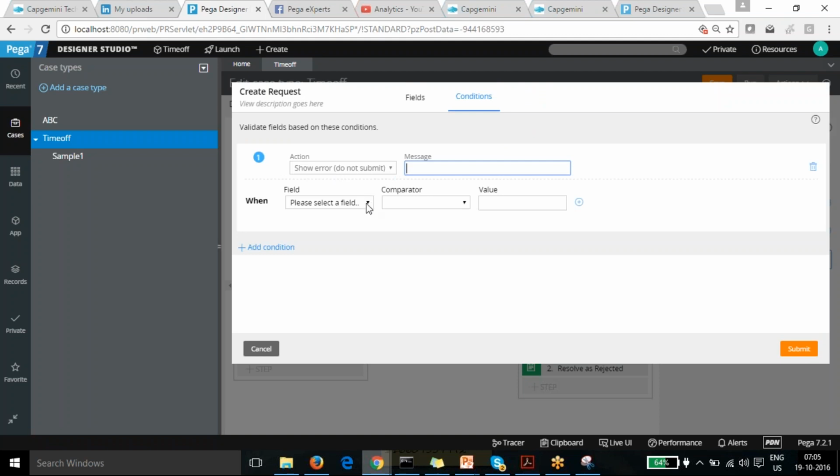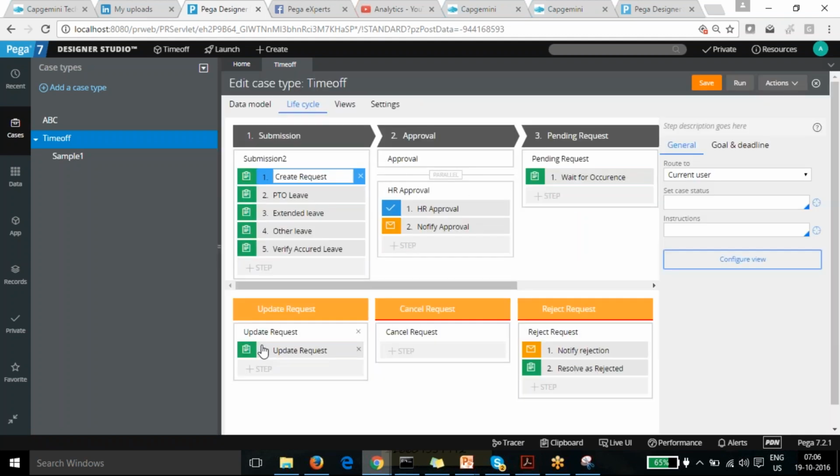Okay. So if you say I want to create some fields from here, the fields are not coming. It should contain all the fields from our case. Yes, that's right. It should contain all the fields from here, but no fields are coming in this. So I need to go back to the flow action, the actual rules where we are going to create that.